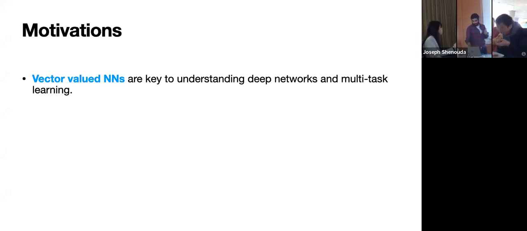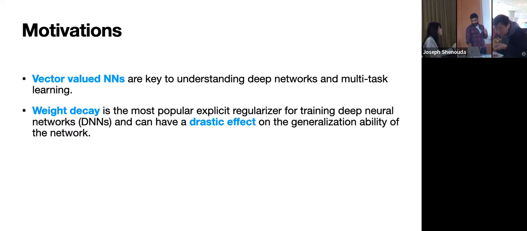The second thing that this talk focuses on is weight decay regularization. Weight decay is a very popular explicit form of regularization, and it's very easy to implement, but it has a lot of effects on how well you generalize, especially when you don't have that much data. So it can do a lot of work for you in terms of getting you that extra boost in accuracy, let's say.